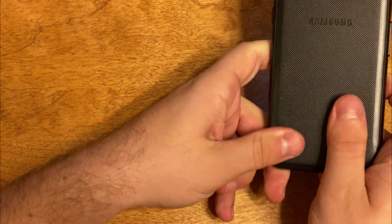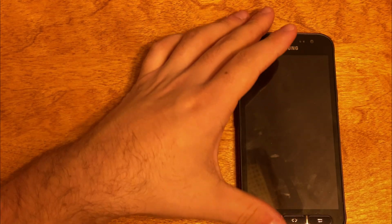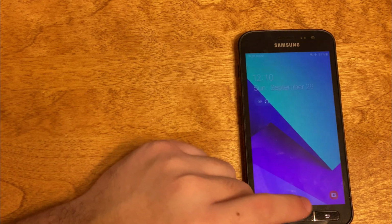So when I originally purchased this device, it was only $287 Canadian. It's now selling for $400 on Amazon, but that's because many stores aren't selling this device anymore, and a lot of people aren't interested in buying a Samsung Galaxy XCover